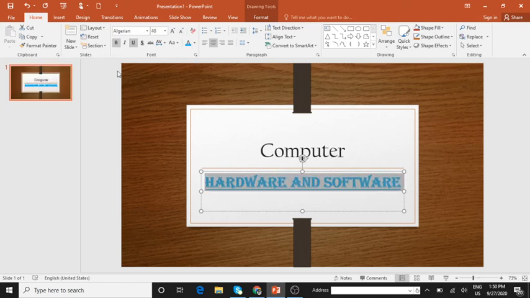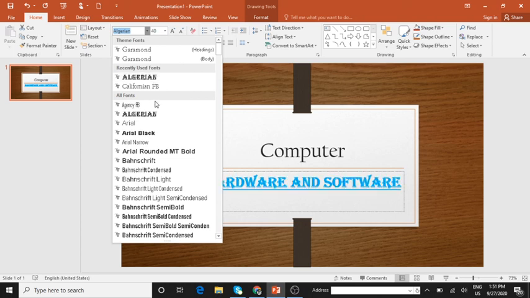This is the one. Then what else? Understood? This is the font group which you can do, enhancing the look of the presentation. Hope everybody has understood. What all you have in this font group? So this font group drop down contains a list of fonts to change the font of the text. So this is the one which contains the different fonts of the text.